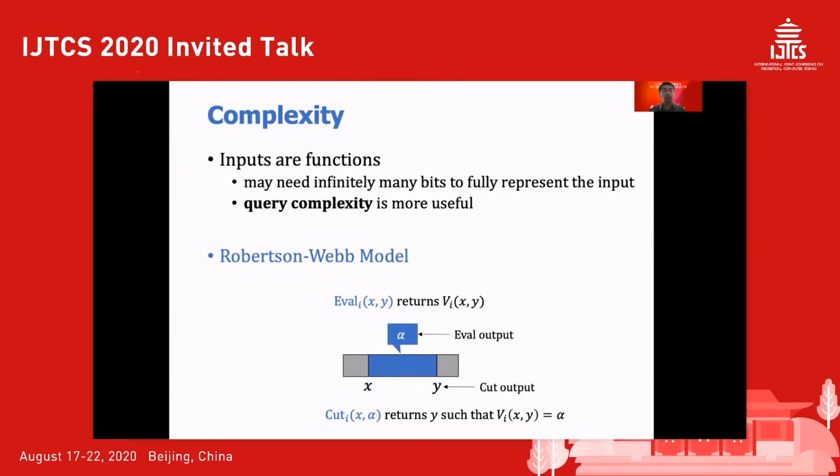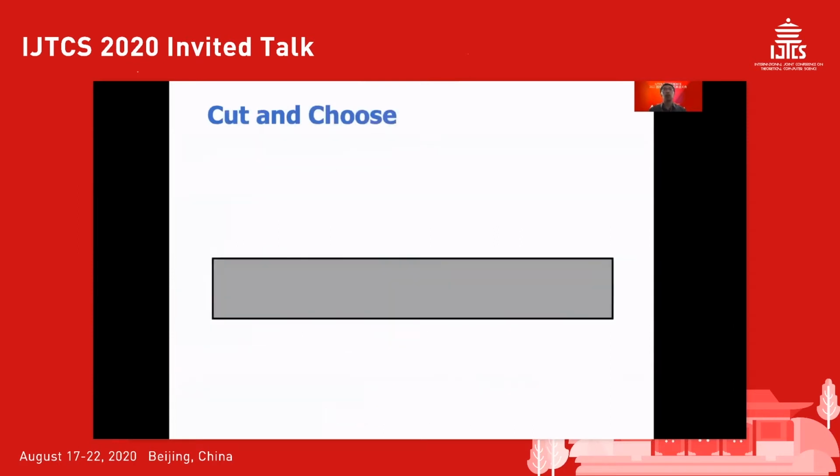All right, so this is the basic model. Now let's see some examples of what some of the fair protocols look like. We're going to start with two players, and I'm going to give you a very simple example of a fair protocol for two players. This protocol is called cut and choose, and I believe most of you may have heard or used this protocol before.